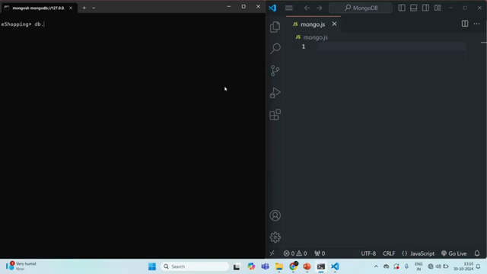So again, we can say db.users, which is the collection name in which we want to insert documents, dot insertMany. And to this insertMany method, we need to pass an array, and inside that array, we can specify multiple documents which we want to insert. So let me write this command here in this JavaScript file. So here we can say